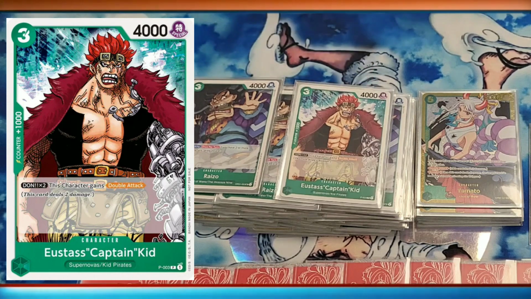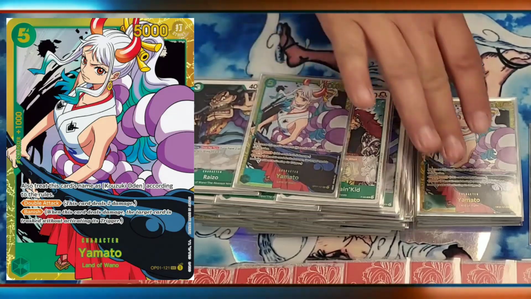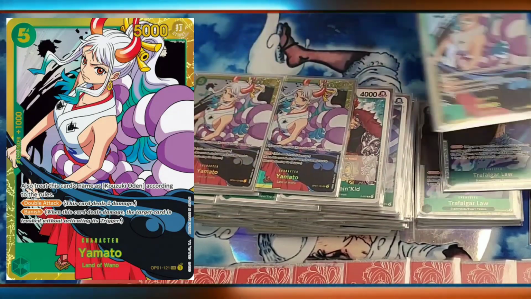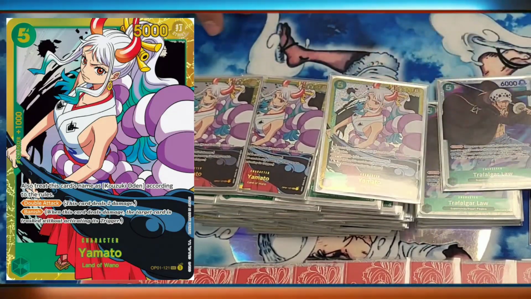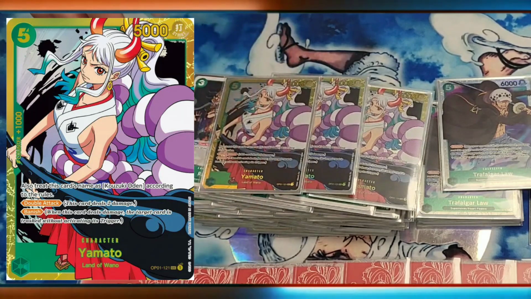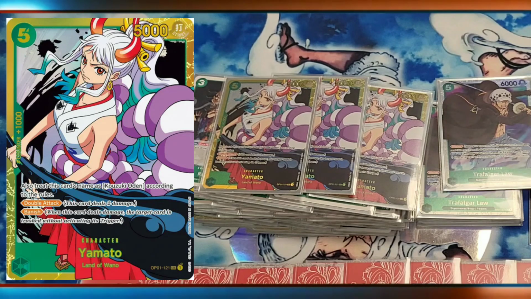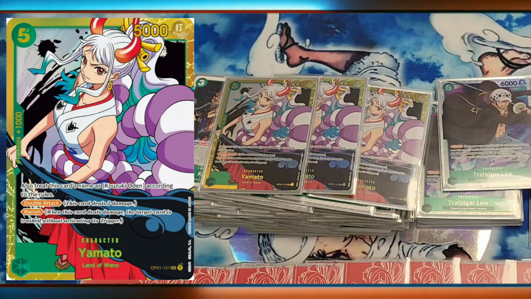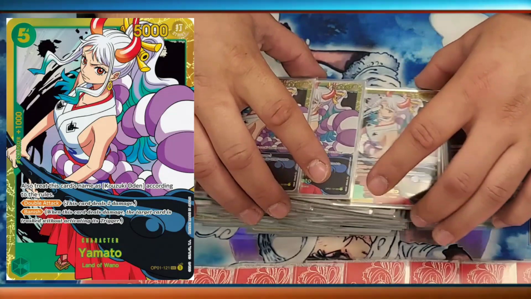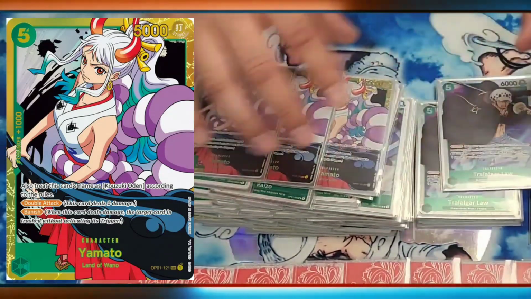I just wanted something else that had a double attack because I didn't want to play 4 of her because I didn't want the curve to be too high, but the fact that I can play the other one for free is good. So this right here has double attack and banish, meaning it just goes straight to the trash. She can be found off of Momonosuke. I really do think she's the MVP along with this kid, just because this kid can get played for free